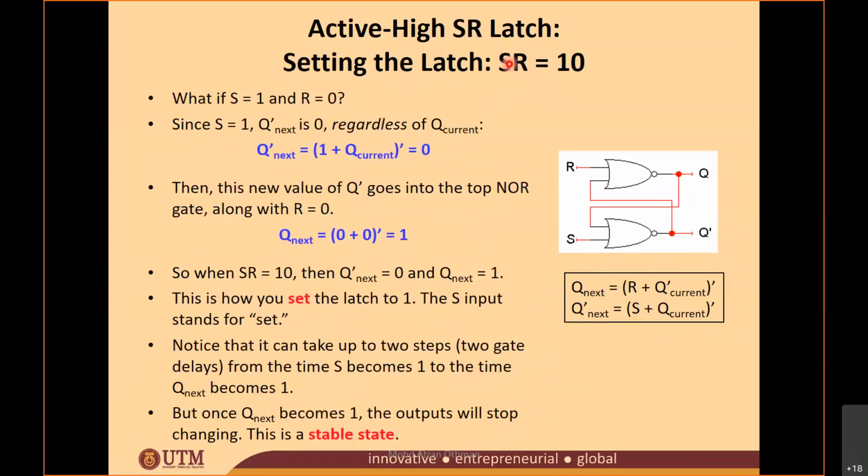apa yang akan berlaku bila kamu letak S1 R0. What if S1 and R sama dengan kosong? Kita nak tengok one by one. So apa yang akan berlaku? Sekarang ni S kamu letak 1, R sama dengan kosong. Based on this expression yang kita buat tadi, kita masukkan dalam persamaan. So Q next sama dengan